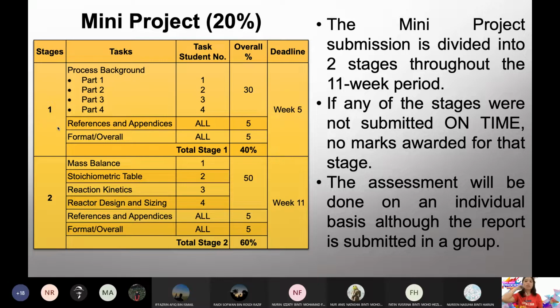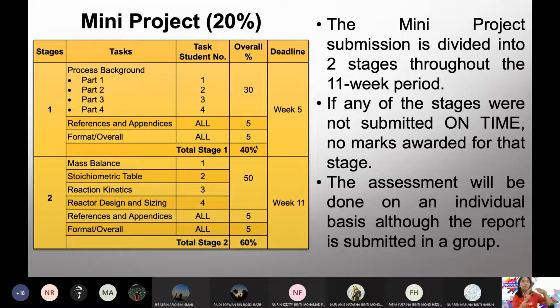Okay, so the mini project will have 2 stages of submission. Once you finish stage 1, you get your marks for stage 1. Then you do stage 2 and get marks for stage 2. It means once stage 1 is done, you don't need to look at it anymore, it's settled. By right, when you finish stage 1, you have completed 40% of your mini project, and then in stage 2 you will complete the remaining 60%. So follow the timeline. Stage 1, week 5, you have to submit your stage 1 mini project, and stage 2 will be submitted in week 11.